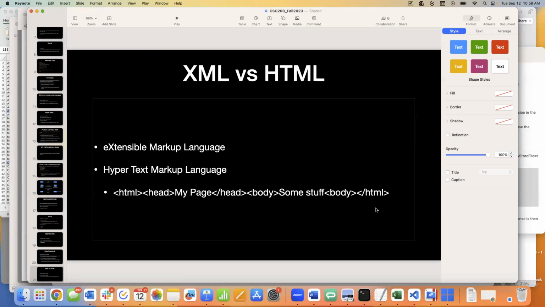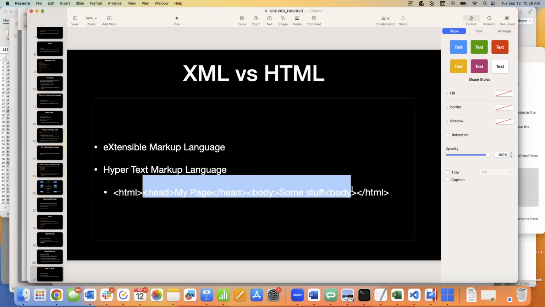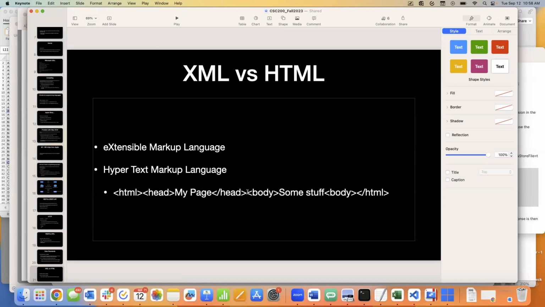Yeah, because really parsing out XML or HTML is the same task. You're looking for the opening tag and you're looking for the corresponding closing tag, and then the value is everything in between. Closing tags have a little slash there. And then your data is everything in between. XML is the same thing, right? So what's interesting about this is HTML existed first.